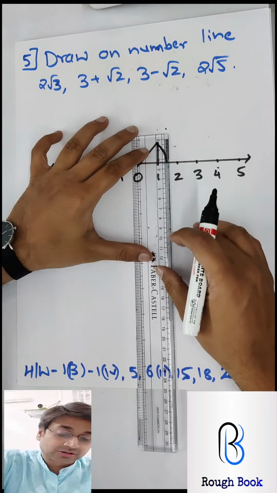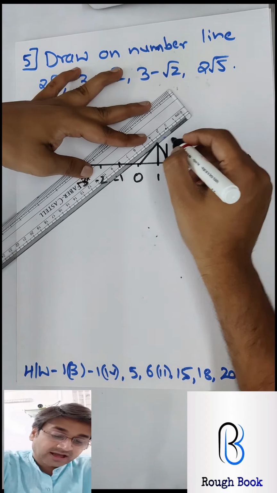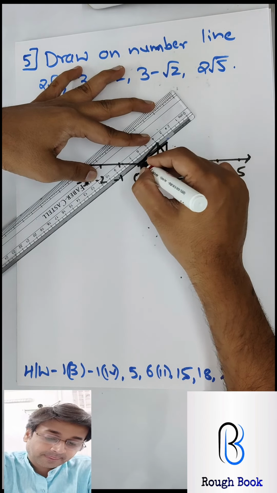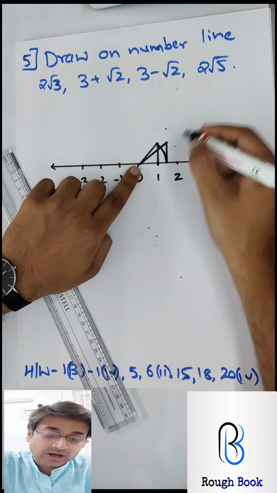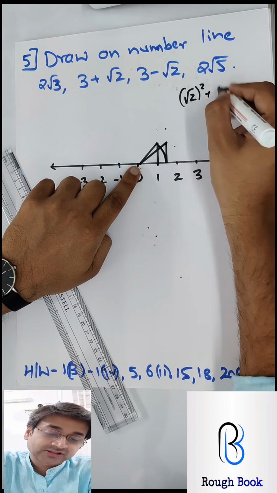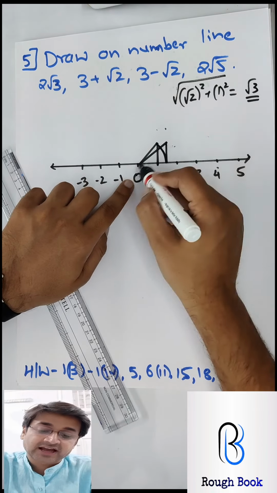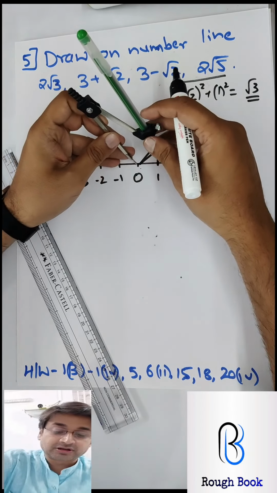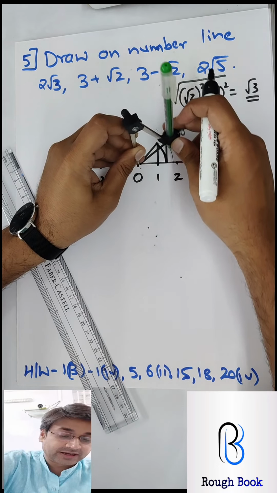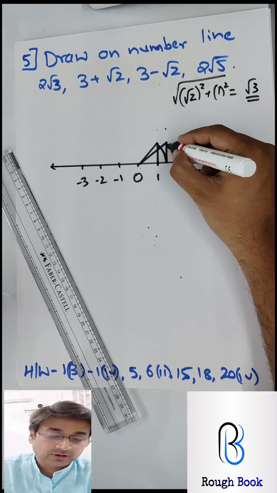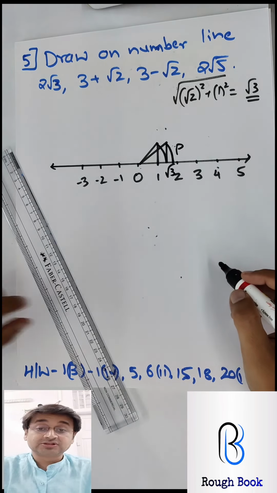Now to get root 3, I will take this root 2 and draw again 1 centimeter here, and when I join this, now this is root 2 from O to here, and this is 1. So by Pythagoras, root 2 square plus 1 square gives us 2 plus 1, root 3 under the root, that is the hypotenuse. Once I got root 3, from 0 I will extend to this point and drop the line down. So whatever I have got now is basically root 3. So this point P is root 3.